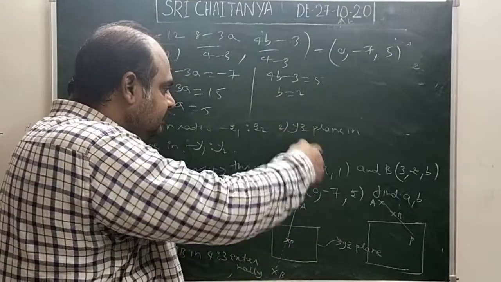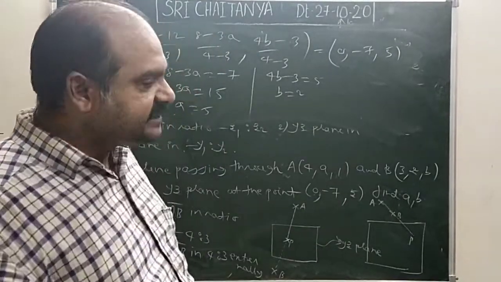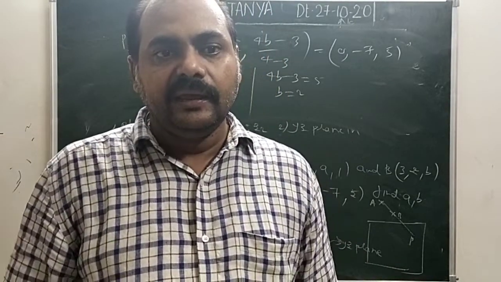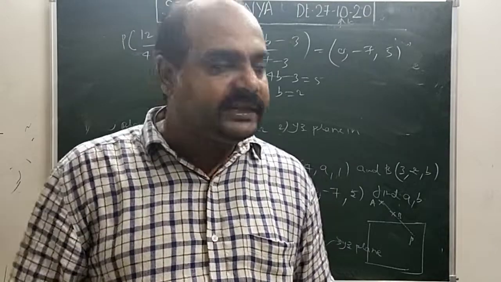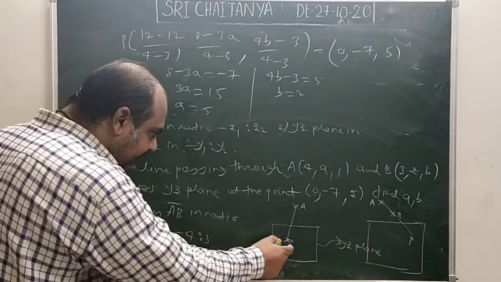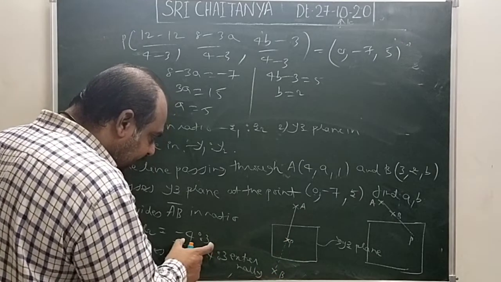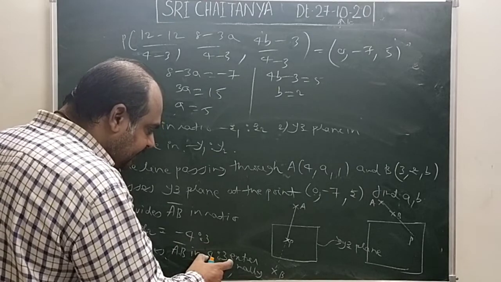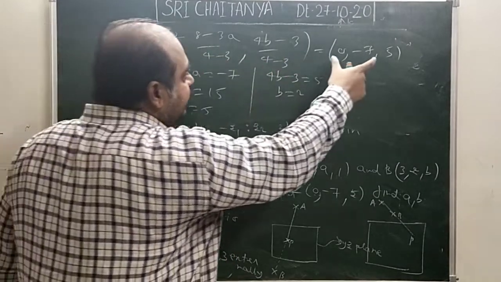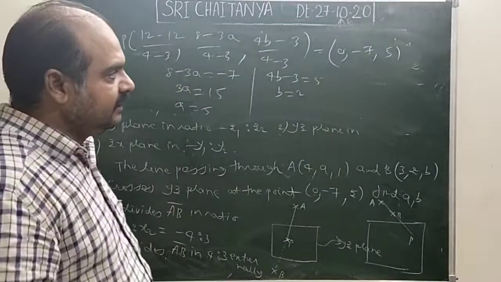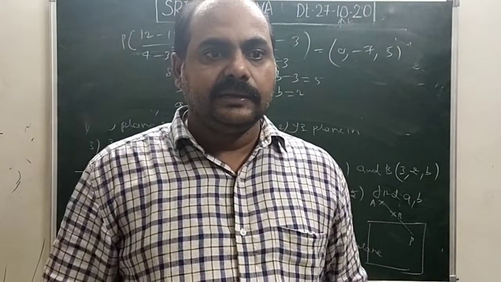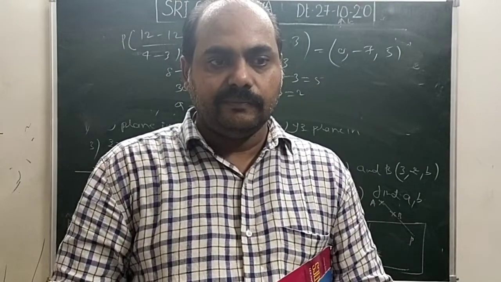So like that, the ratio in which the XY plane, YZ plane, ZX plane divides the line joining AB, there is a formula. Find that ratio first, and then by using this ratio you calculate what P is, externally. P is a point which divides in the ratio 4:3 externally. Find that point. That point he has given, then find a and b. Like that. Okay, in tomorrow's lecture, I will continue from this concept onwards.